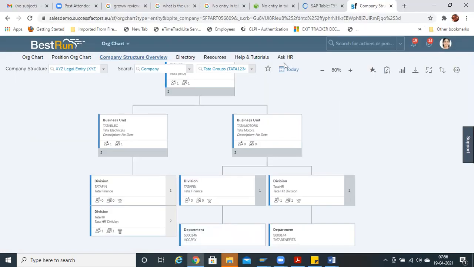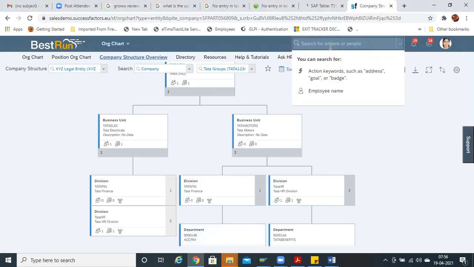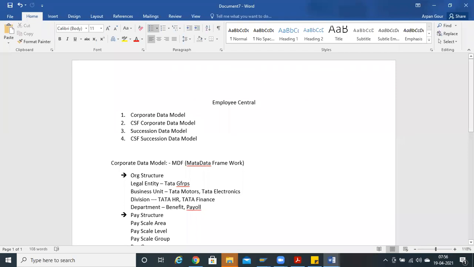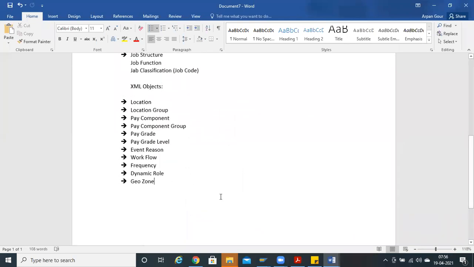org structure legal entity. So there are two transaction codes, basically we'll be naming them as actions. This is only company structure overview, but the configuration is done in the backend. So just remember these action names where you have to configure.